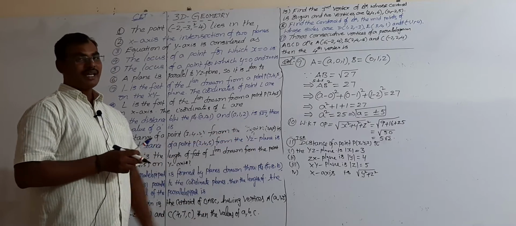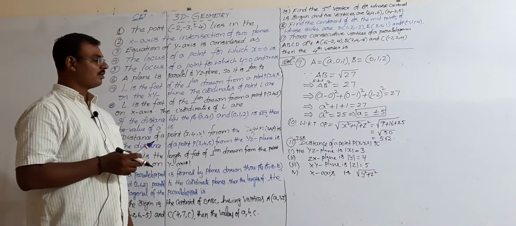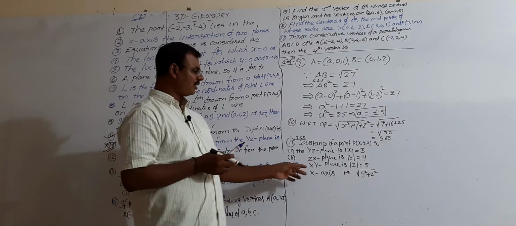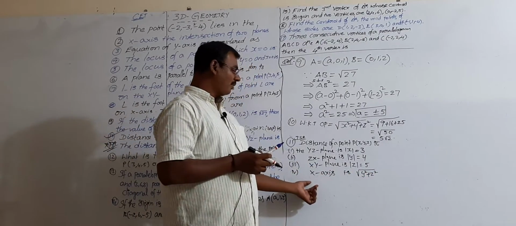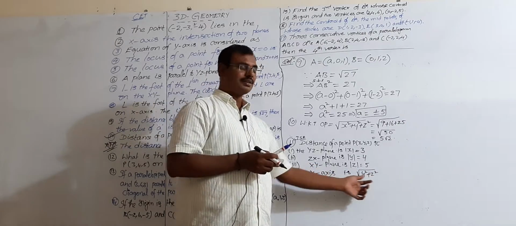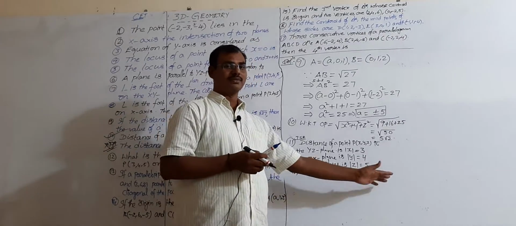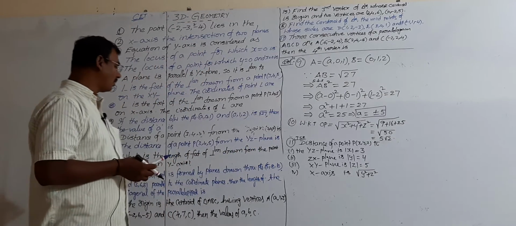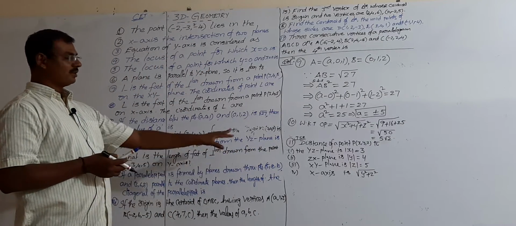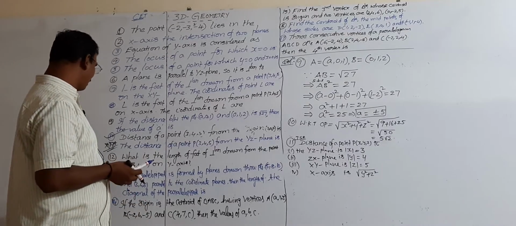Similarly for the y-axis, remember all of you, very easy and short: the given axis is removed and the remaining coordinates are used. X given, remaining are yz. Y given, remaining are xz. Z given, xy. Square root of x square plus y square. Okay, cleared these model questions. Now we are going to question number 12.